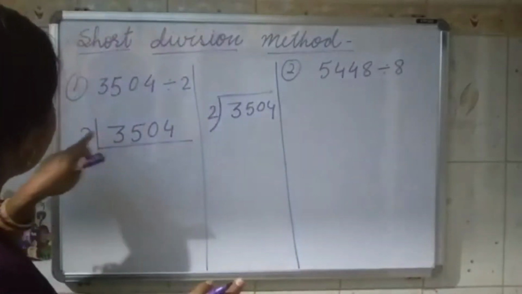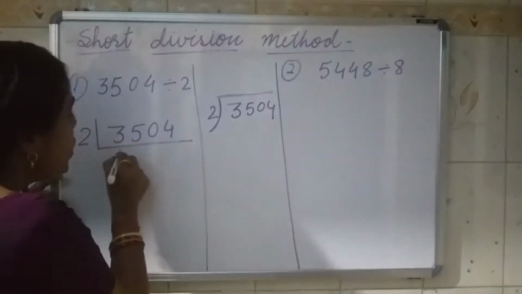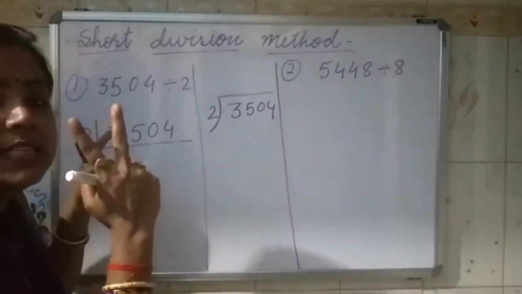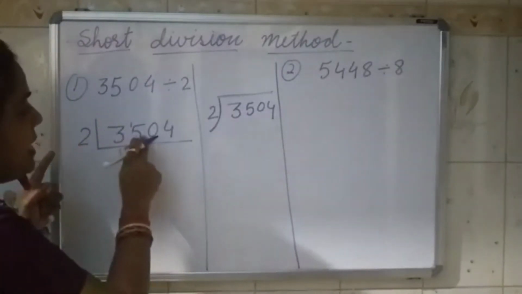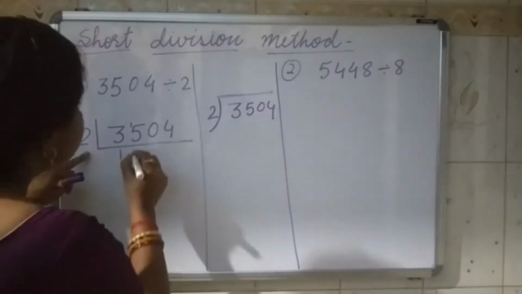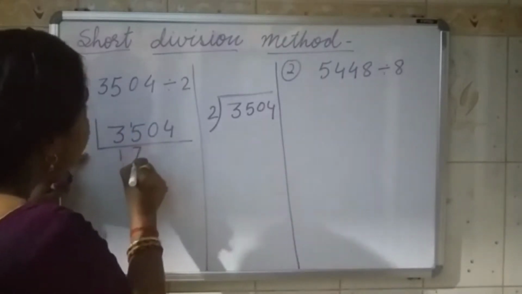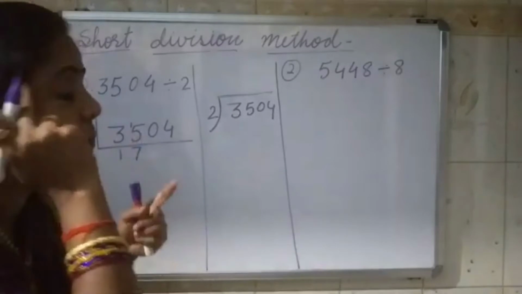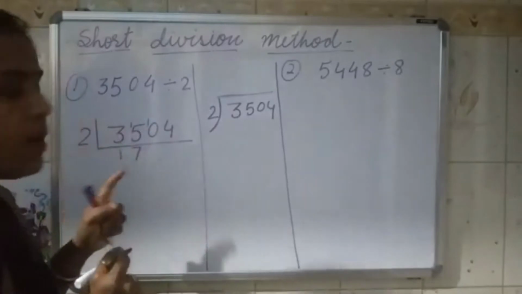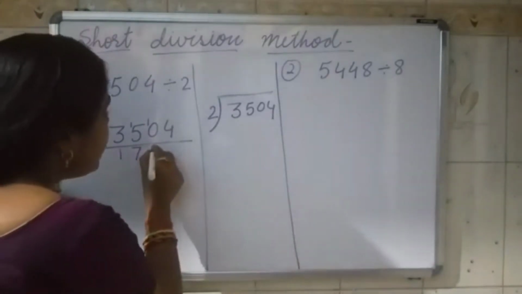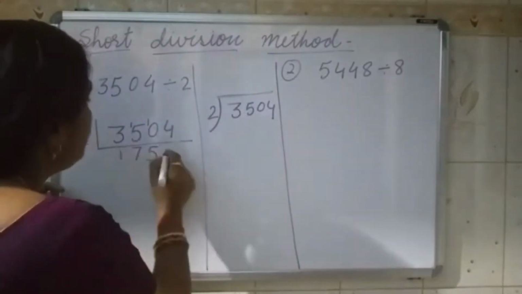So this 3 and 2. 3 is more than 2, so we will go for 1 time: 2 ones are 2. Now 3 minus 2, what is left? 1. We will write down 1 here, small above. Now the number is 14. Okay, now we will go for 7 times, because 2 sevens are 14 and 14 is less than 15. Now 15 minus 14, where are we subtracting? In the mind. So 15 minus 14, what is left? 1. So that 1 will be here. Okay, 10. Now 2 fives are 10. Nothing is left. There is no remainder. So what will be left? 4. 2 twos are 4.